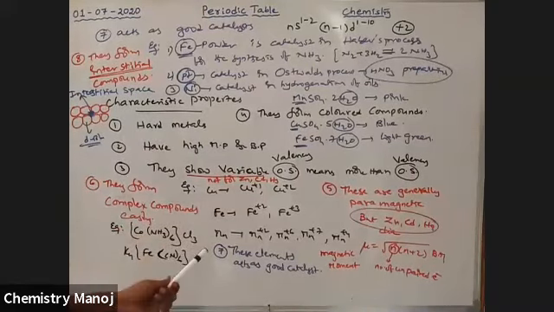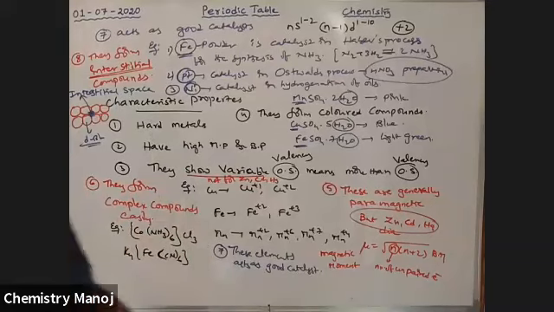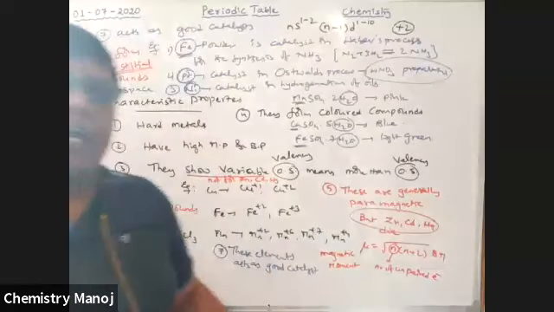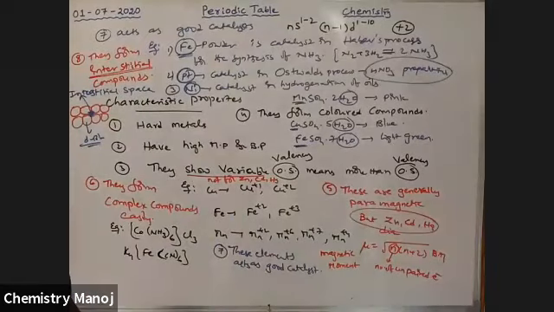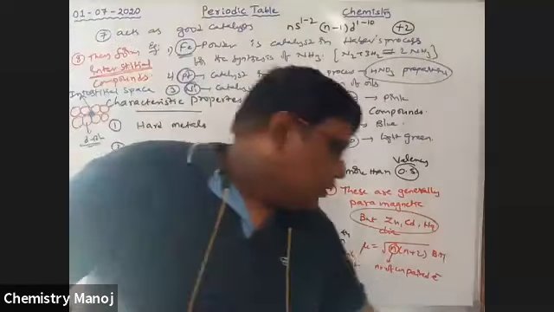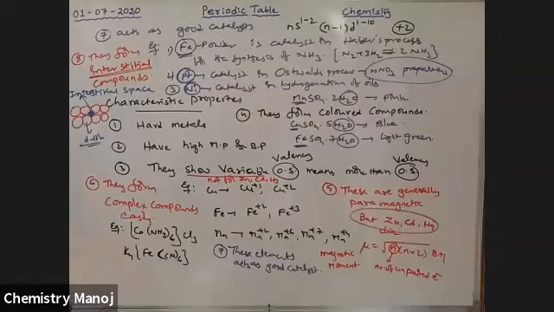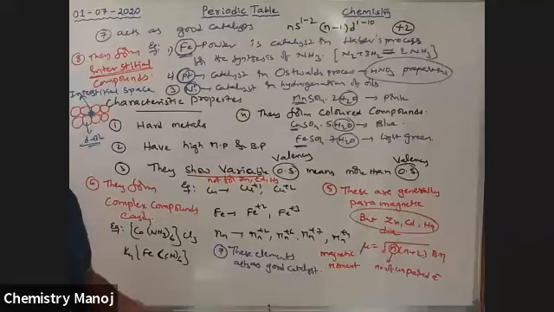So what are D block elements? These are the elements in which the differentiating electron entered into the D subenergy level or D orbital. Okay, I will upload this video today. Don't worry, I will upload this video on our YouTube channel. So if you have any doubts, please see it once again.